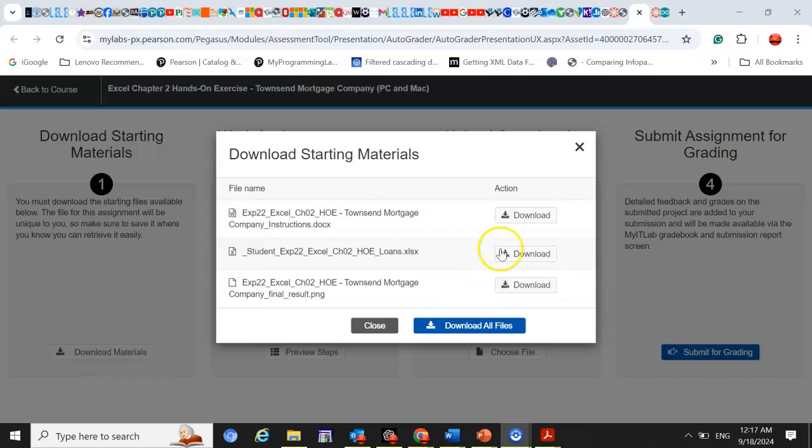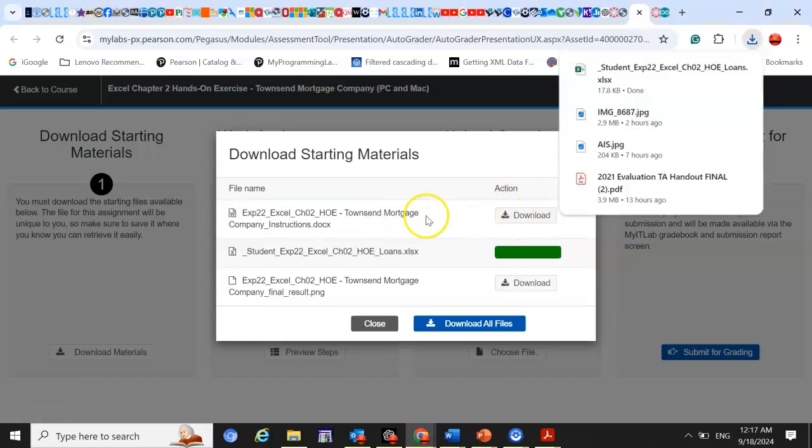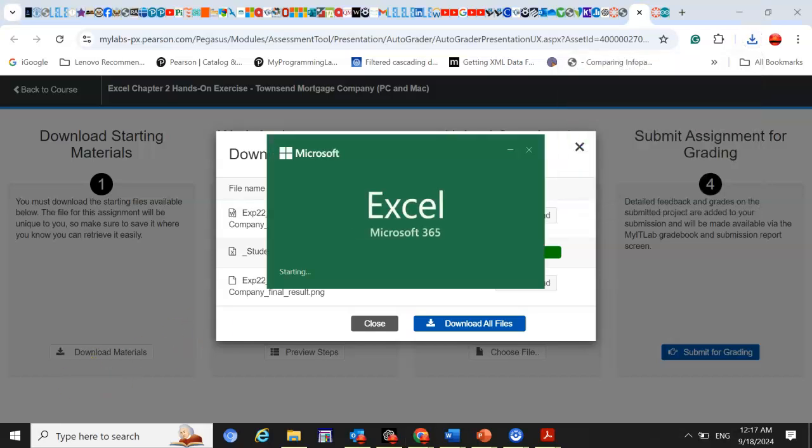I click on download materials, and you can see that you always need to download these two. I already downloaded the instructions, and I'm just going to open the Excel sheet to start working on the